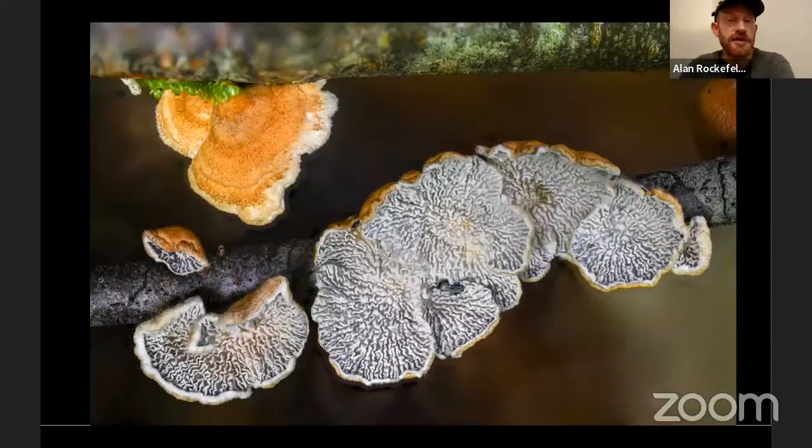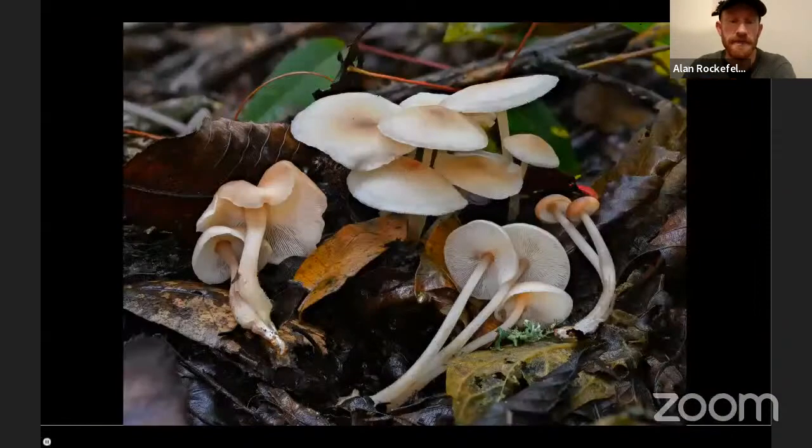Another cool polypore that looks a little bit boring from the top, but when you flip it over, it looks awesome, is Plectropsis crispa. And this one is all over out east, and I think they get it in the Pacific Northwest as well. And here is some kind of gymnopus or rhodocolibia